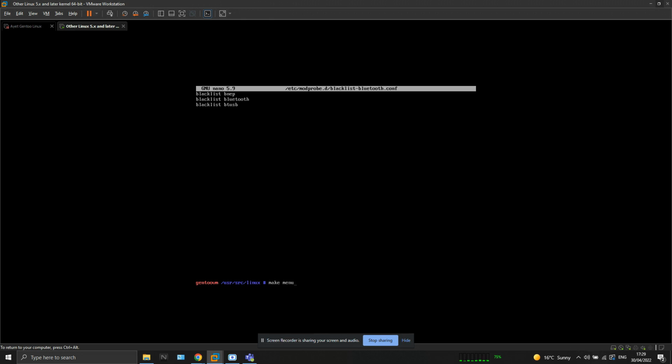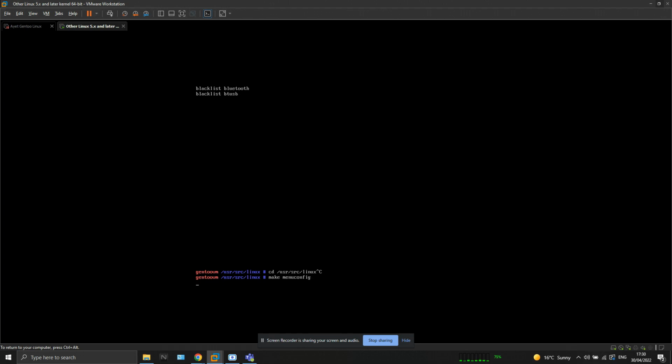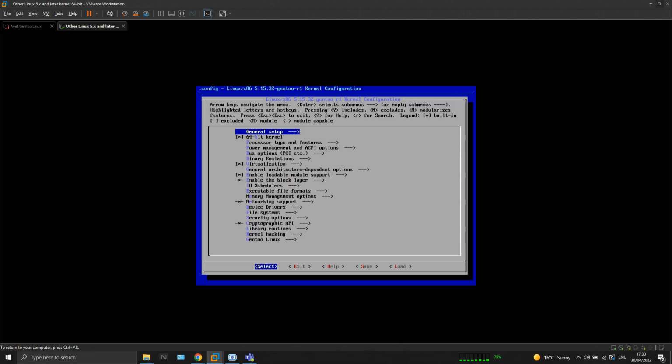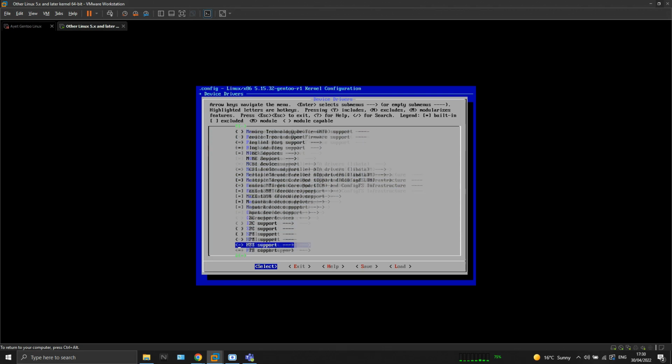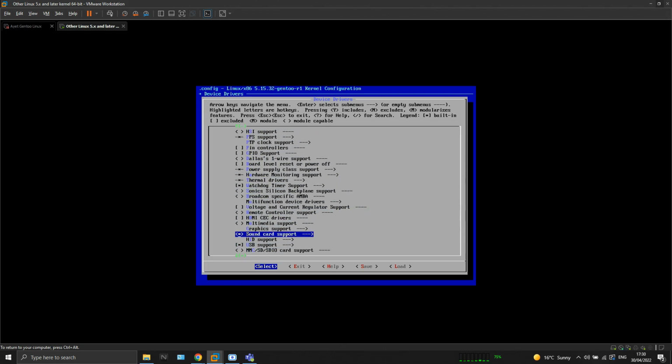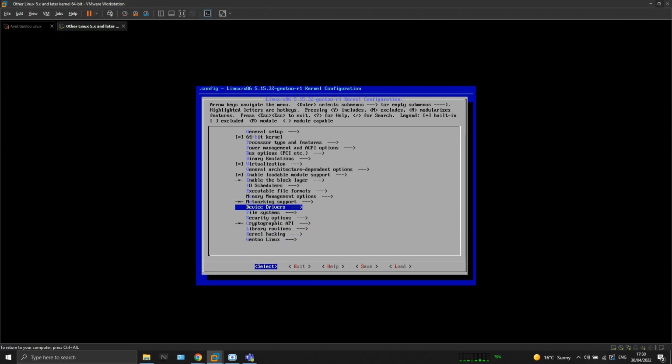If you're not already in this directory, you need to change to it, and then go to make menuconfig and go to device drivers. To disable the audio you need to disable the sound card support. You go back,